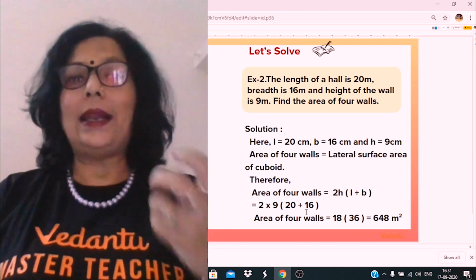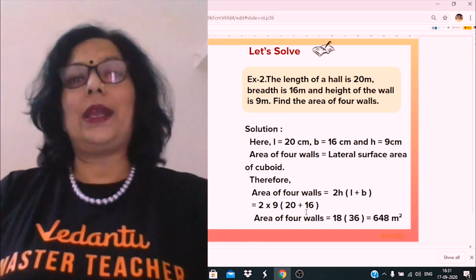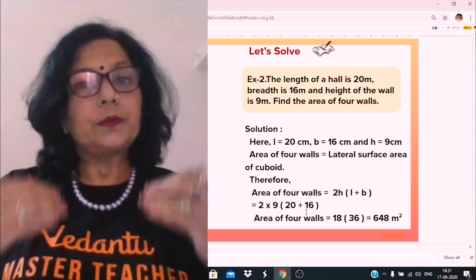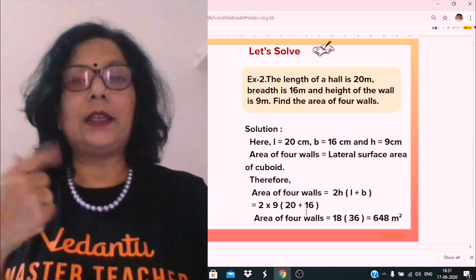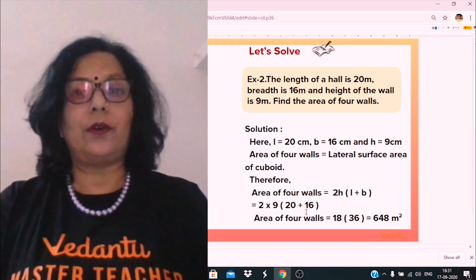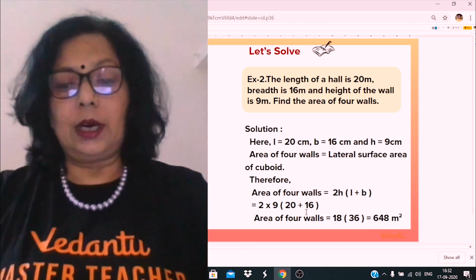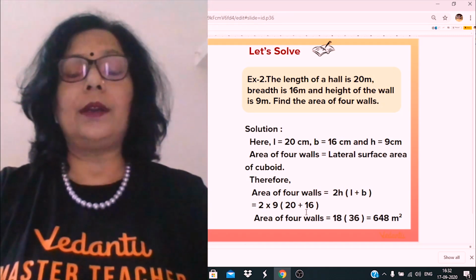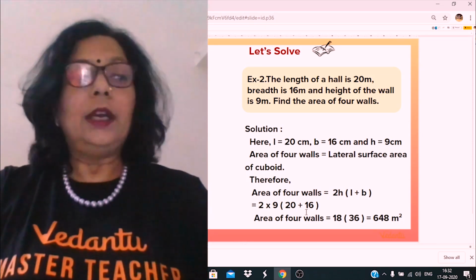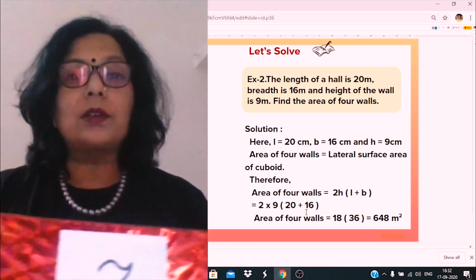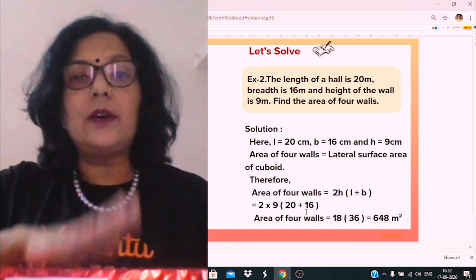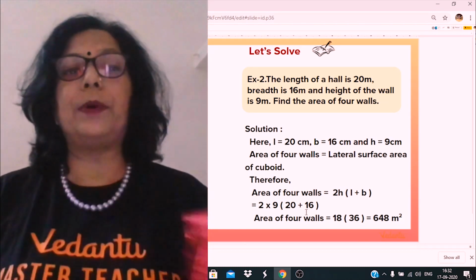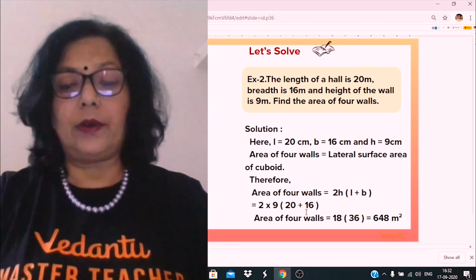So if you are given that in 1 liter of paint, 10 meter square area gets painted, and you have to paint 1000 meter square, then what will you do? You will divide the area by the area covered per liter. That tells you how much paint is required, how many tiles are required. If you have to cover 100 boxes of this kind, find the surface area of one box and then multiply by 100 to find out how much paper will be used to cover 100 boxes.